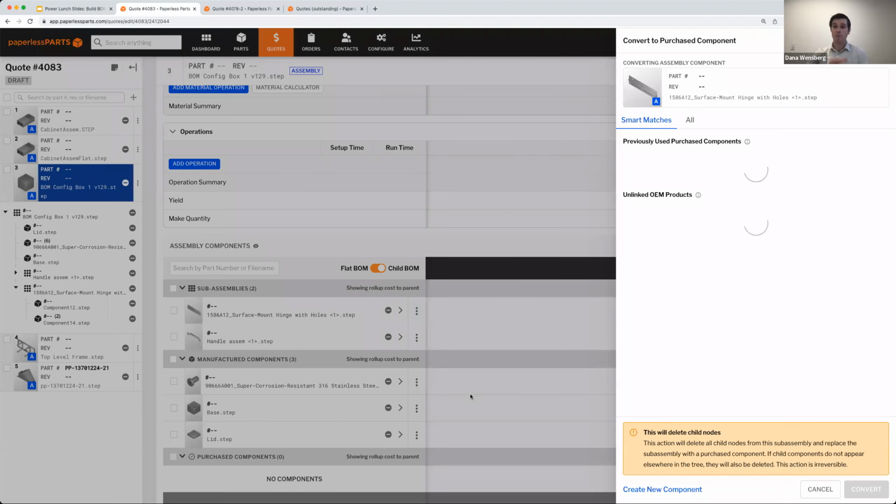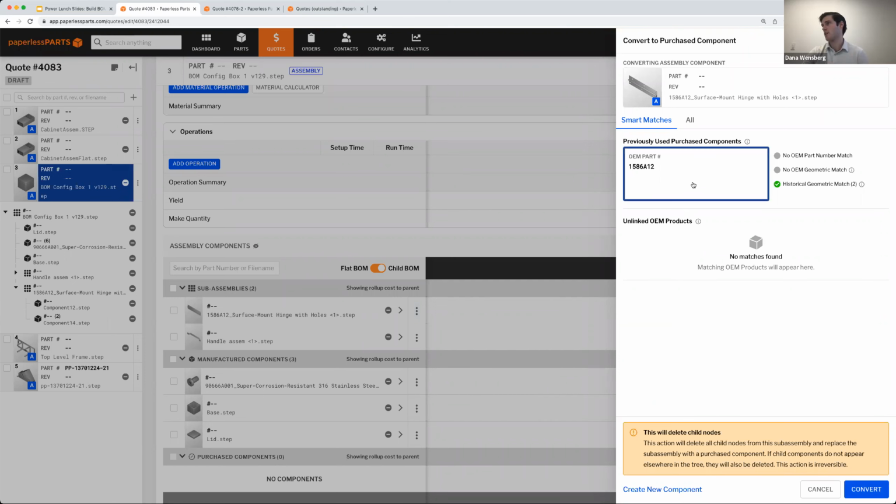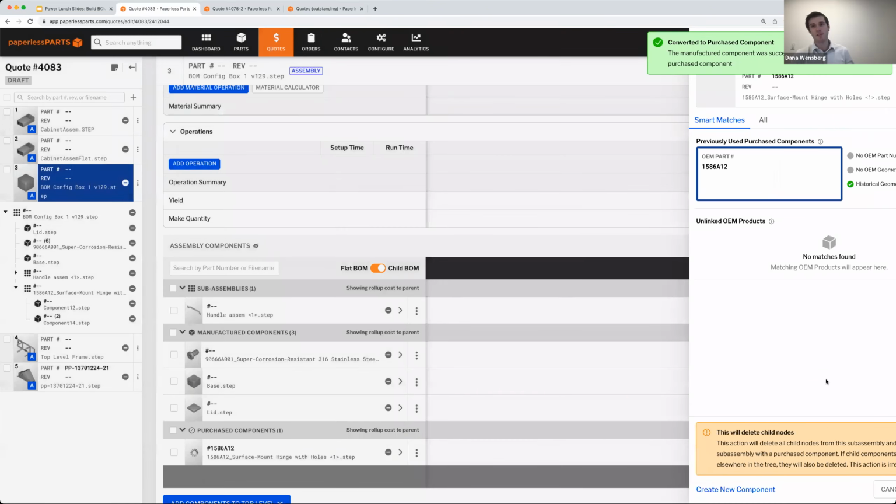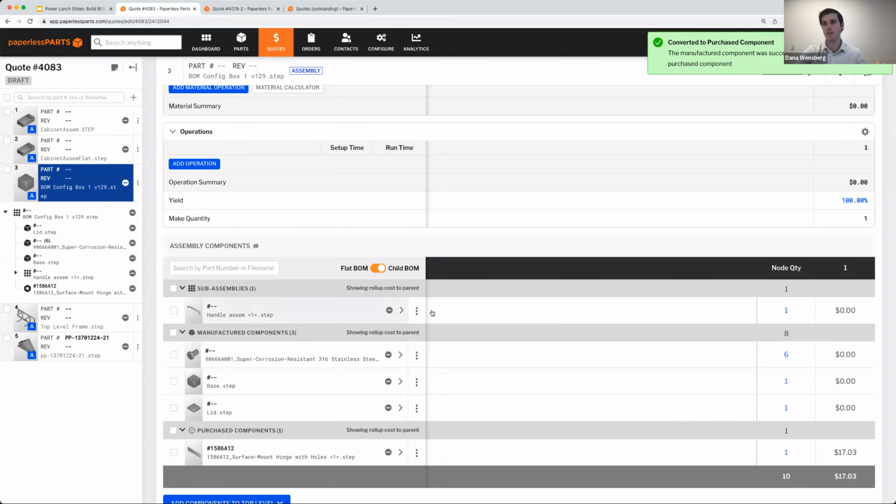And this is going to open up your purchase component drawer. We're used to seeing this a lot. Just click your purchase component and click convert. And what that's going to do is essentially squash that subassembly into a single component in your BOM,